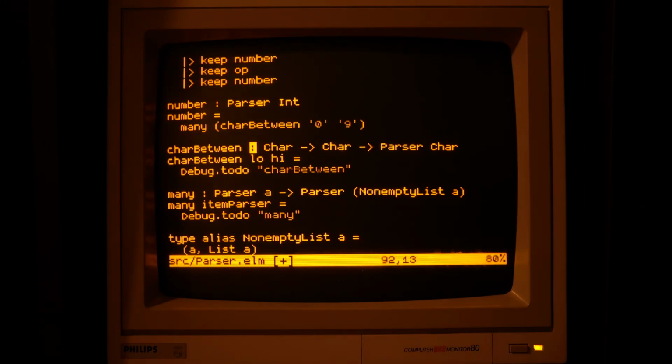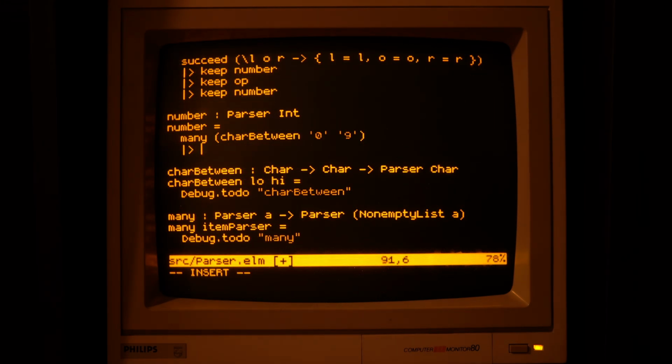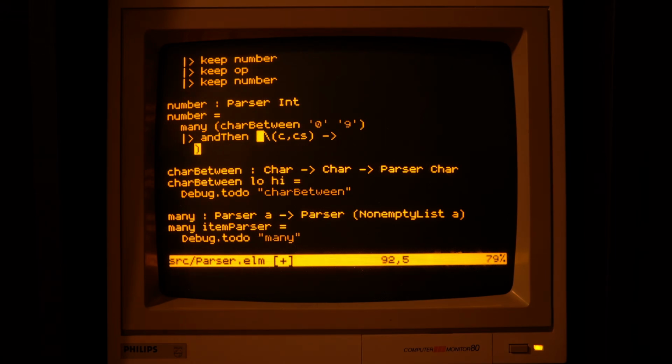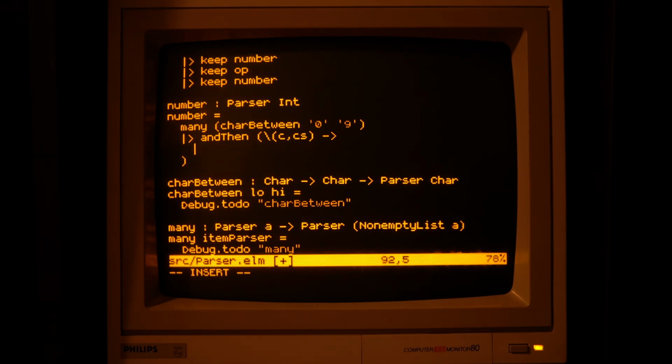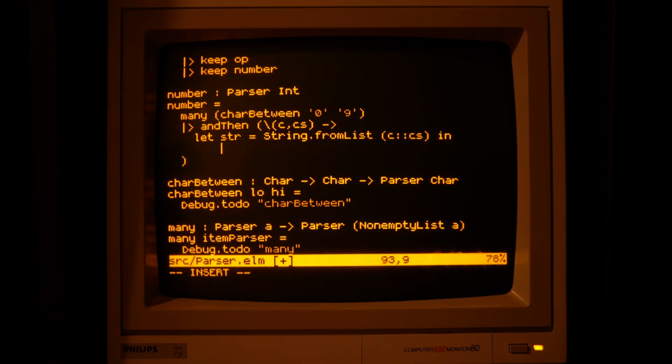Now in the number parser, once we have these digits, they are still in string, or rather character, form. We need to process them and try to convert them into an integer. We first need to convert them to a string. And then we can use the function string to integer and see whether that succeeded or not.